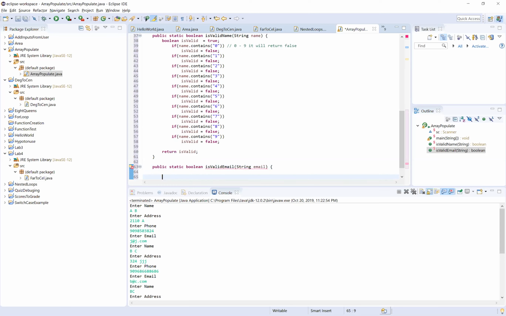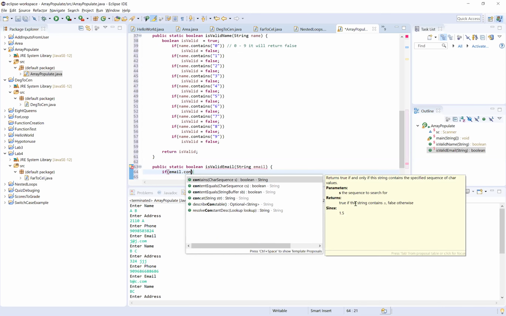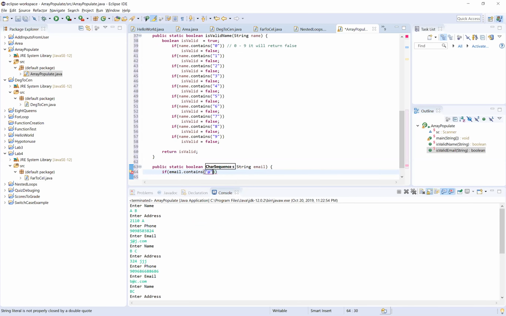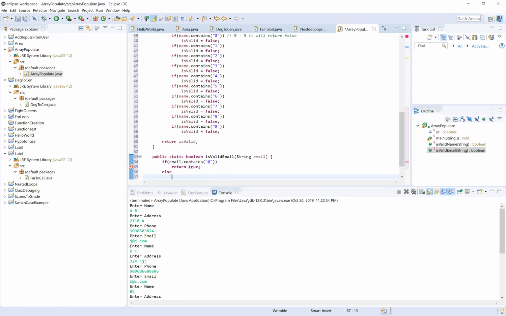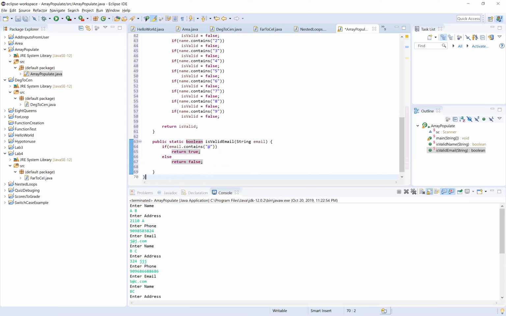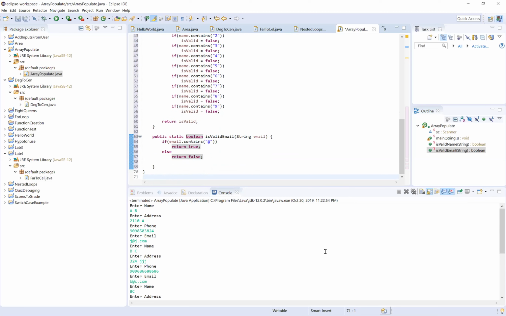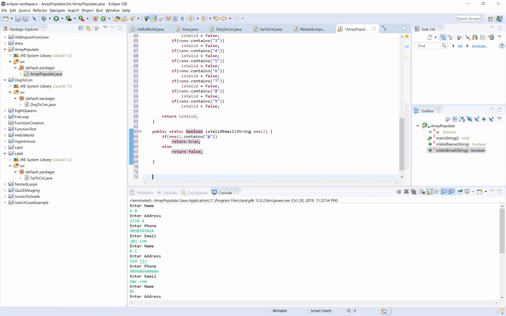So let's make sure we can use it. So if email contains @, return true, else false. I mean, if it contains an @ it's true, otherwise it's false. Next thing we need to do